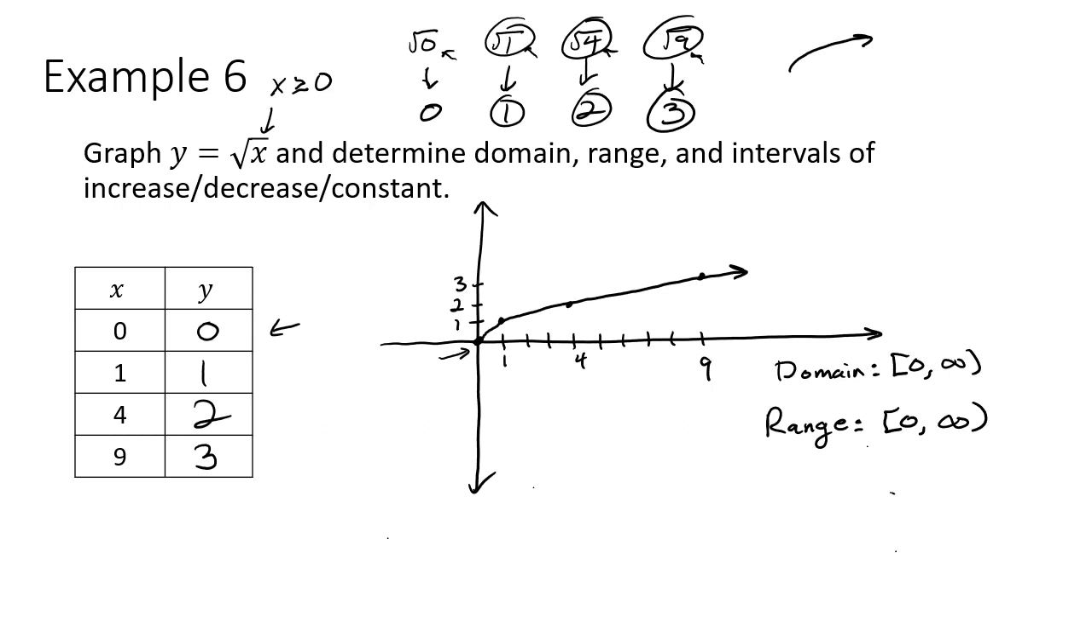Increasing, decreasing, and constant. So once again, never constant. But on top of that, square root functions, unlike absolute value and quadratic, don't change. They are always either increasing or decreasing. As we read from left to right, this function is always getting bigger. So this function would be increasing